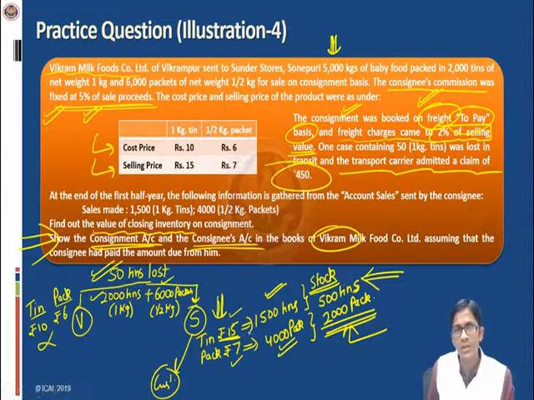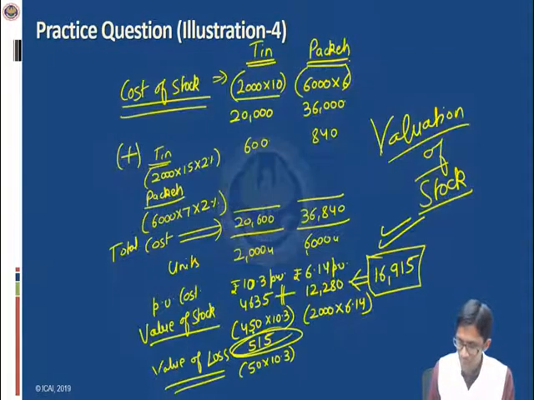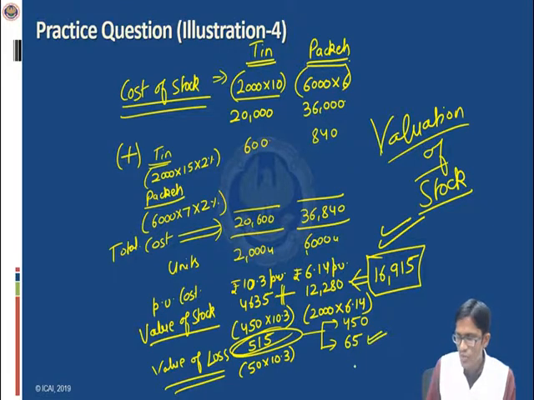That means the transport carrier admitted that he was responsible for the loss up to the amount of rupees 450. That means we can say that out of this abnormal loss 515, 450 will be received back by us. It is not to be borne by us, and the remaining rupees 65